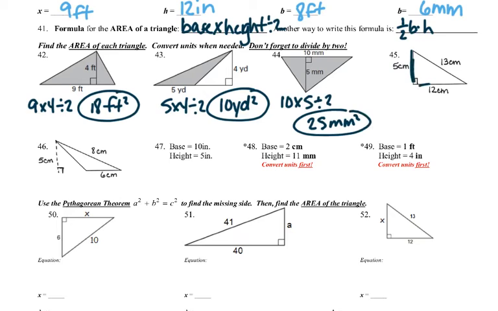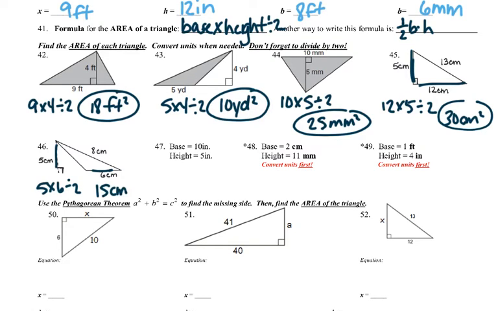And then you want to make sure in the right triangle, it's actually the two legs are the base and the height, 30 centimeters squared. The height can be outside the triangle, so here we see it outside the triangle, 15 centimeters squared. Here there's no picture, but we know we're just going to multiply those numbers and divide by 2, 25 inches